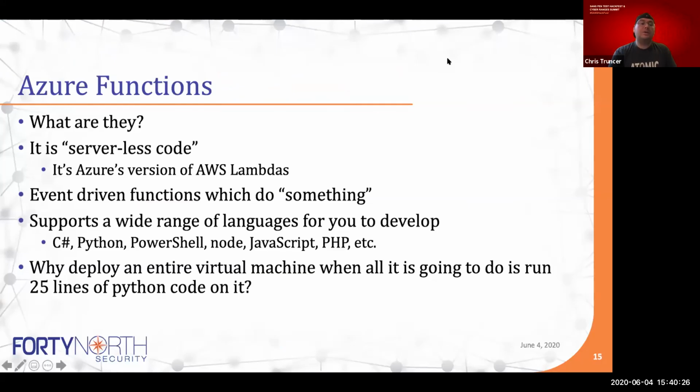So what are Azure Functions? Well, you can think of it as serverless code. This is basically Azure's version of an AWS Lambda. An AWS Lambda within Amazon's environment is the exact same thing as an Azure function. In my opinion, personally, it's a lot easier to get up and running with an Azure function. It's way easier to get that going to do what I'm about to show than it is with an AWS